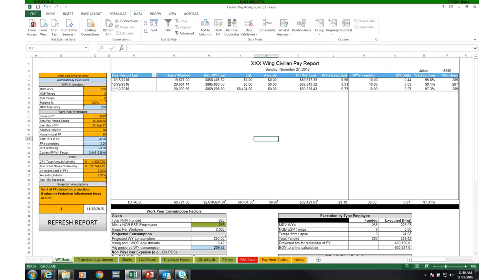So that about wraps up the recap. Again, download from SharePoint, reconnect the data connections, refresh, and then start plugging away at managing your civilian pay